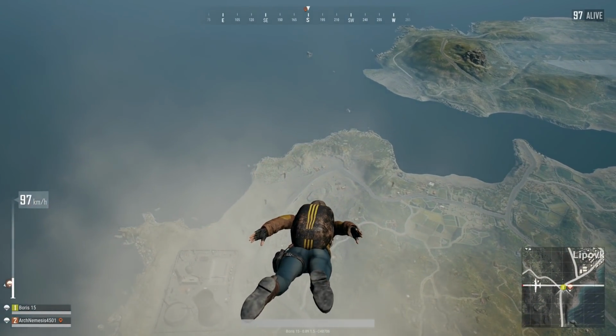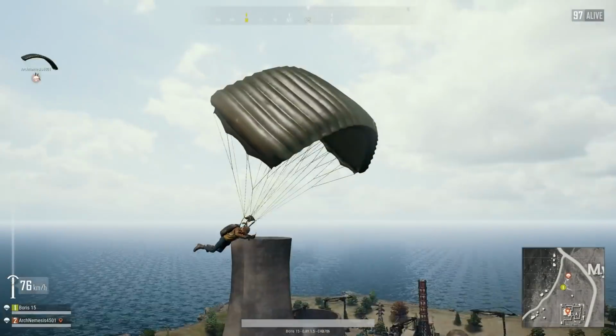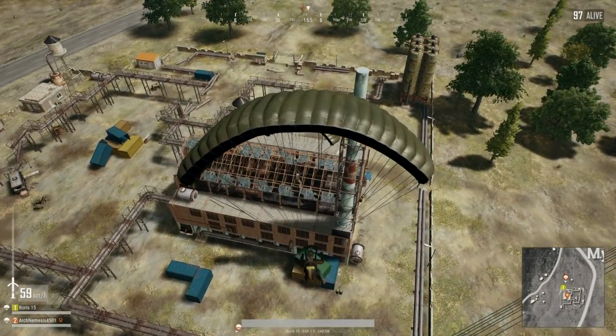Today we have a duos match on Erangel, and we're going to do a bit of a hot drop here at what we call Small Milta. I'm sure it has a proper name, but that's just what we call it. While we're diving down here, we definitely know that there's some others with us, so we're expecting a lot of action right away. First thing I want to do is land on the roof of this building